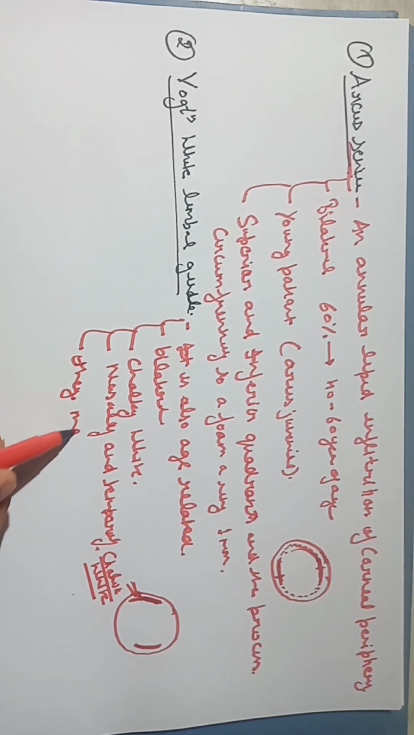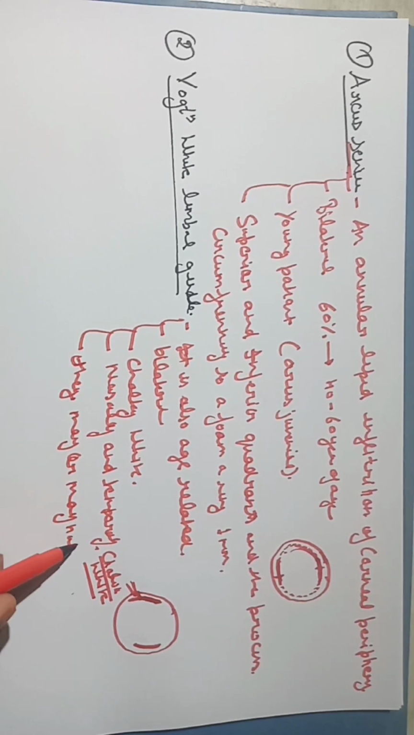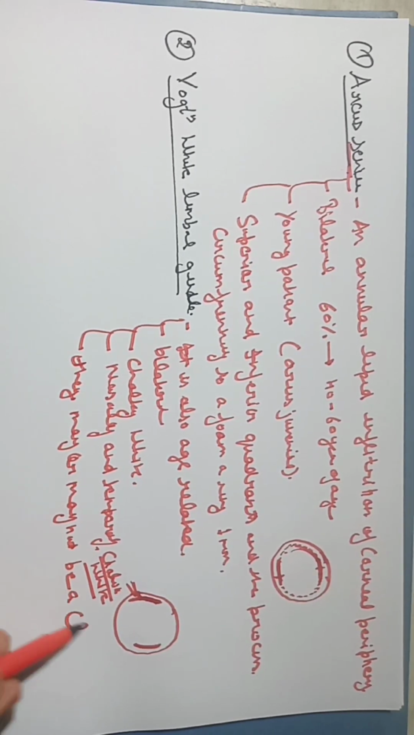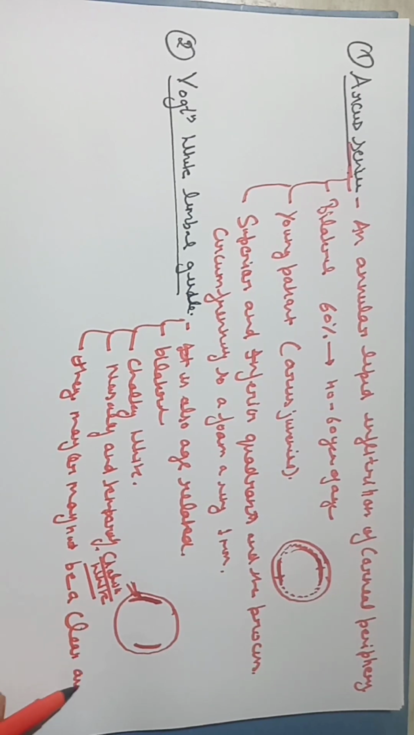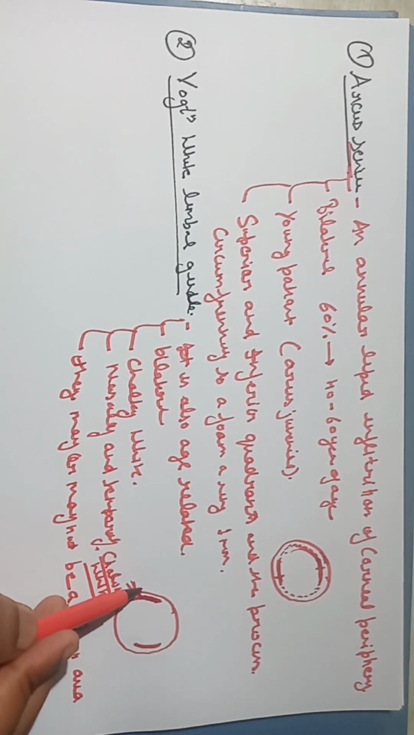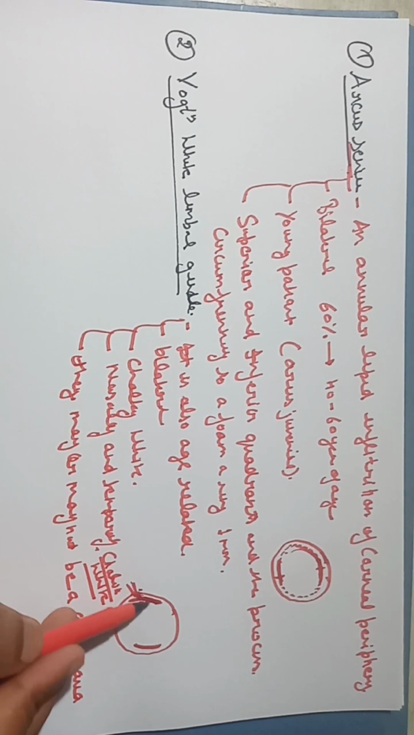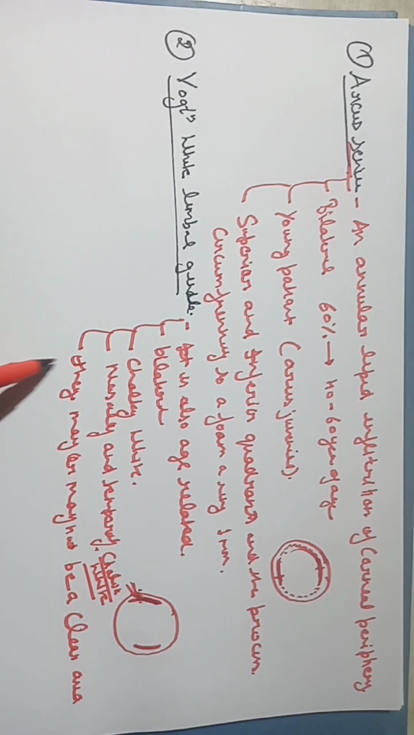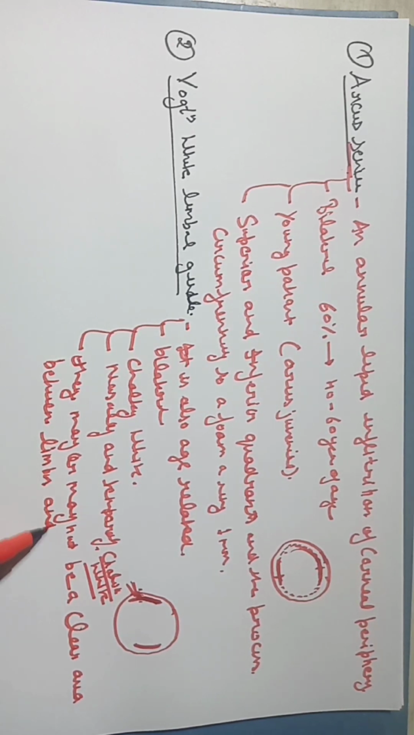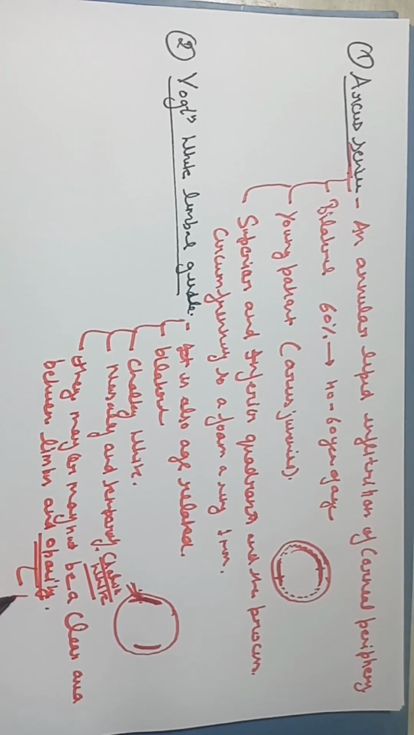But one thing is, there may or may not be a clear area between the limbus and the opacity. This opacity goes up to Bowman's membrane. Okay,